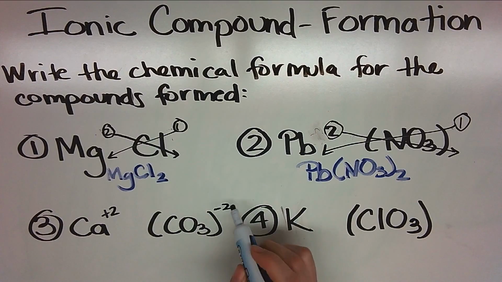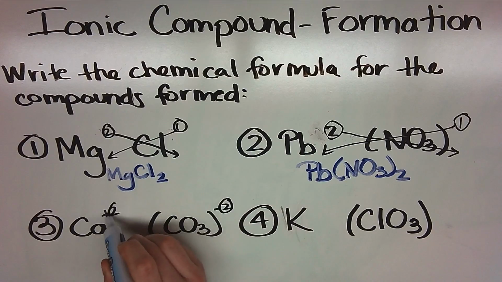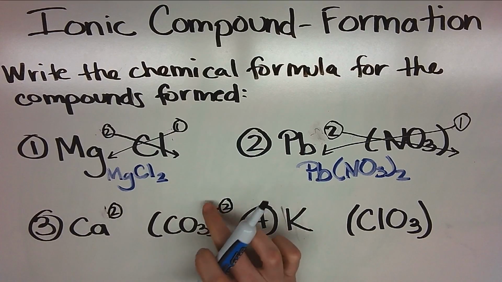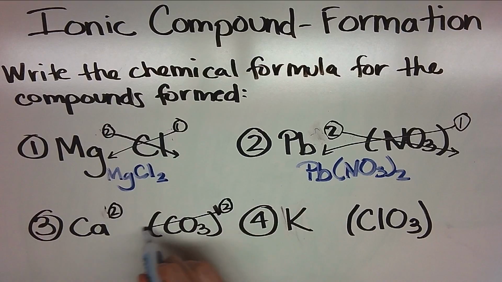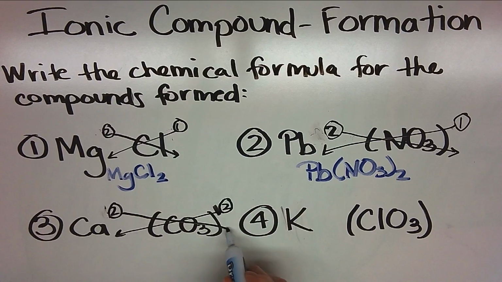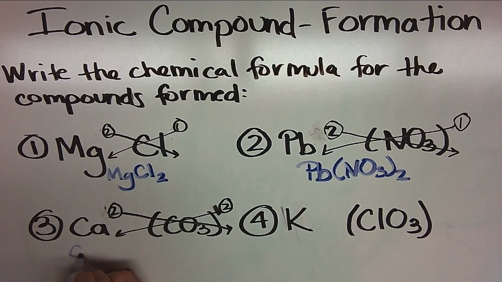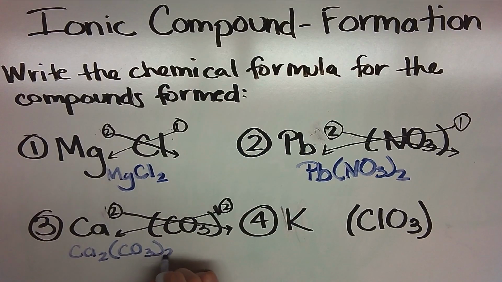So same thing as before, circle the numbers, drop the charges, crisscross the numbers. Now, when I write this compound, I'm going to have 2 calciums and 2 of this carbonate